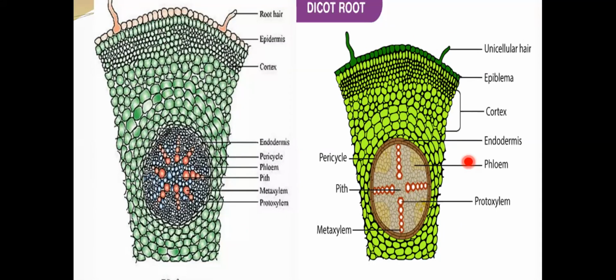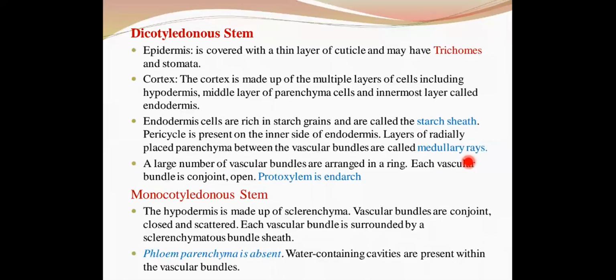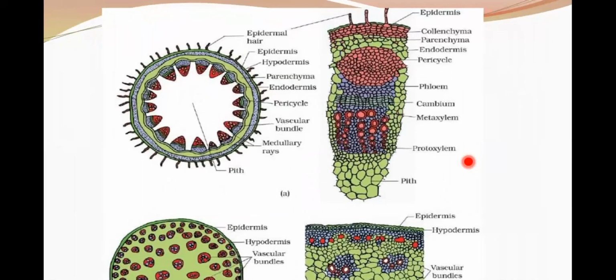The main difference is the number of xylem bundles is more, more than 6. So the condition here is called polyarch condition. Okay, and pith is large and well developed as compared to the dicotyledonous roots. And these monocots do not show any secondary growth. Similarly, we have dicot stem, okay, dicot stem and monocot stem.